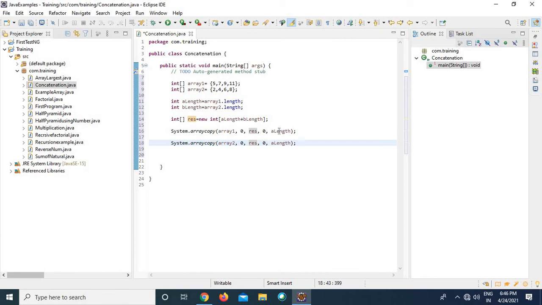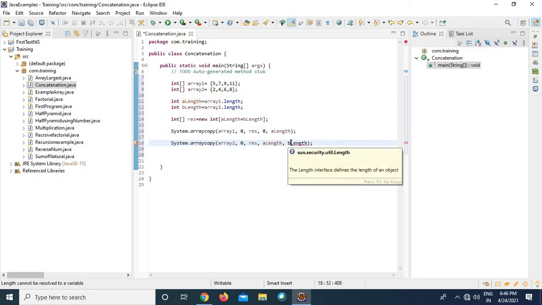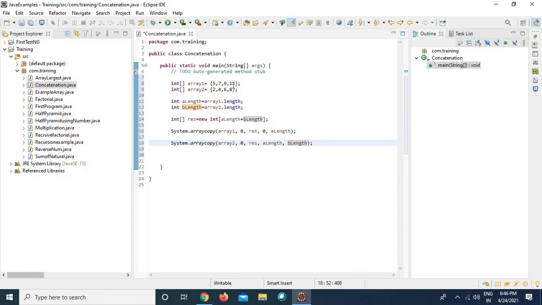You have already copied till a length, that means all the first values have come. Now the destination position is a length, and you copy b length elements. That means you have already copied all the elements from the first array. Now you have to start from the next position, up to the last length, that is 8. Till that position you have to copy.